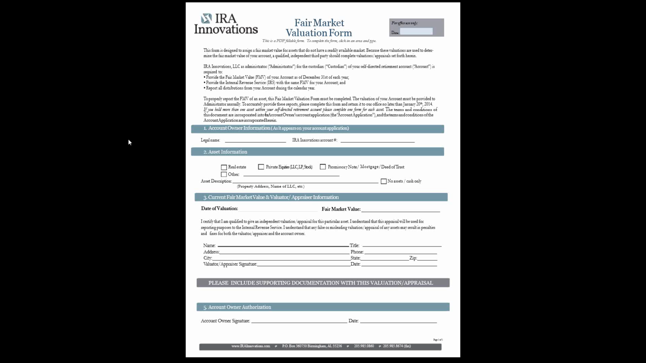And then we'd ask that whoever is making this valuation, who is this person? And then we need their signature. That's what that's for. And then you see that it says, please include supporting documentation with this valuation or appraisal. What is supporting documentation? Well, again, we went over that